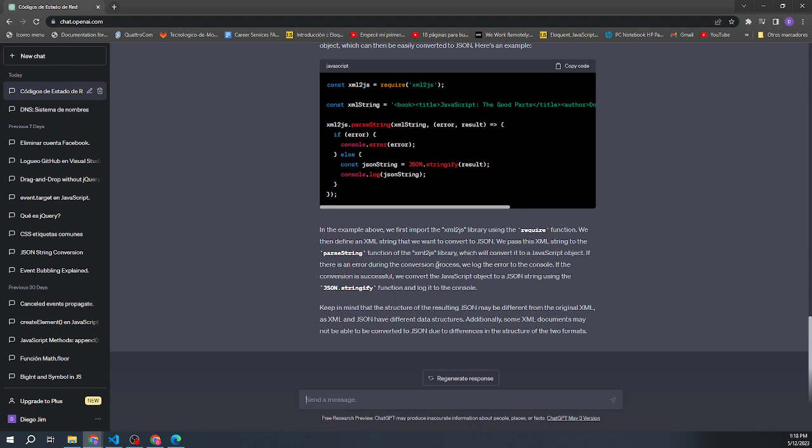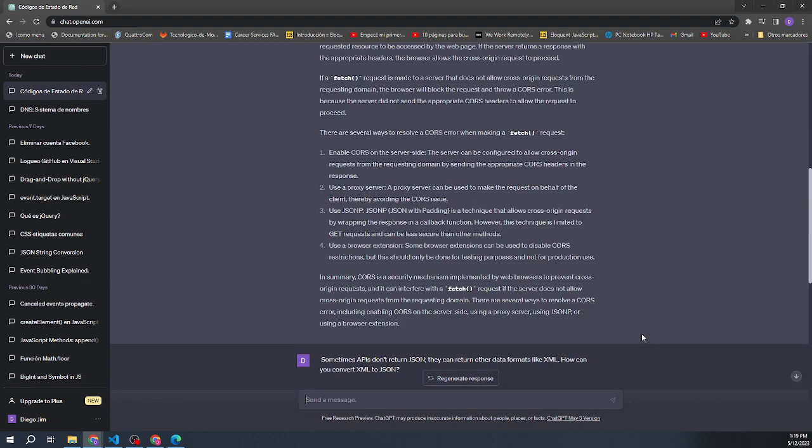If there is an error during the conversion process, we log the error to the console. If the conversion is successful, we convert the JavaScript object to a JSON string using the JSON stringify function and log it into the console. Keep in mind that the structure of the resulting JSON may be different from the original XML, as XML and JSON have different data structures. Additionally, some XML documents may not be able to be converted to JSON due to differences in structure between the two formats. A ver, entonces,